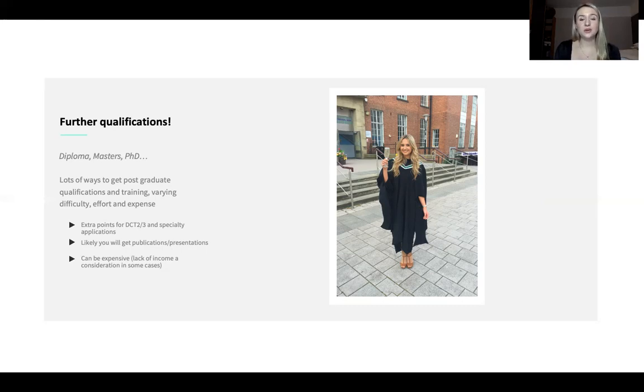But it can also look really good to future employers if you've got extra skills and qualifications. It's likely if you do well, almost certain if you're going to do a master's or a PhD, that you're going to get a publication or some presentations out of it. So that's something to consider as a bonus, but it can be quite expensive to take time out to do